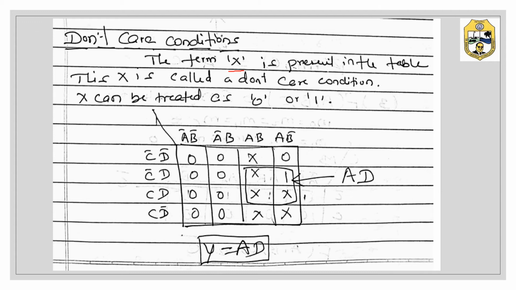So if we cover more and more variables, whatever the expression we get at the end will be very small. And when you cover small ones, means if you cover 2 ones, the expression will be bigger. If you cover 4 ones, the expression will be a little bit smaller. And if you cover 8 ones, at that time the expression will be still very small. Okay, so try to cover more and more ones in your groups.